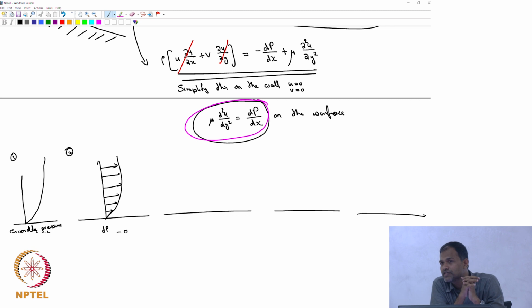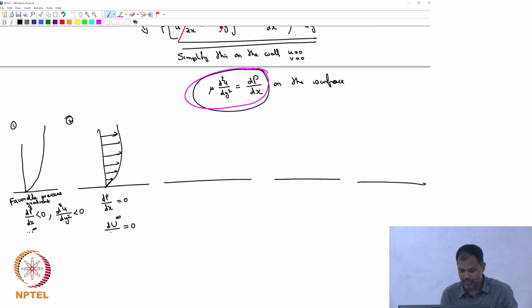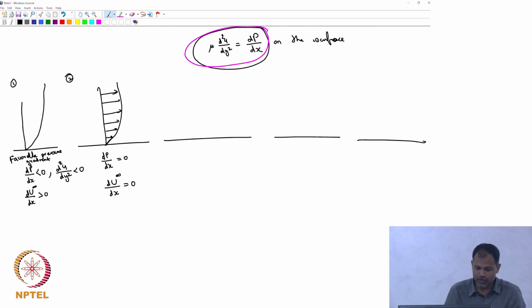Turbulent. Yes, it's only on the surface. So remember, I am drawing it only on the surface, okay? So when I said d square u by dy square is less than 0, I only know it at this region. When I am saying d square u by dy square is 0, I only know about this. Okay, the other part I just connected and drew. I do not know what it is, and I am not going to care about that at the moment.